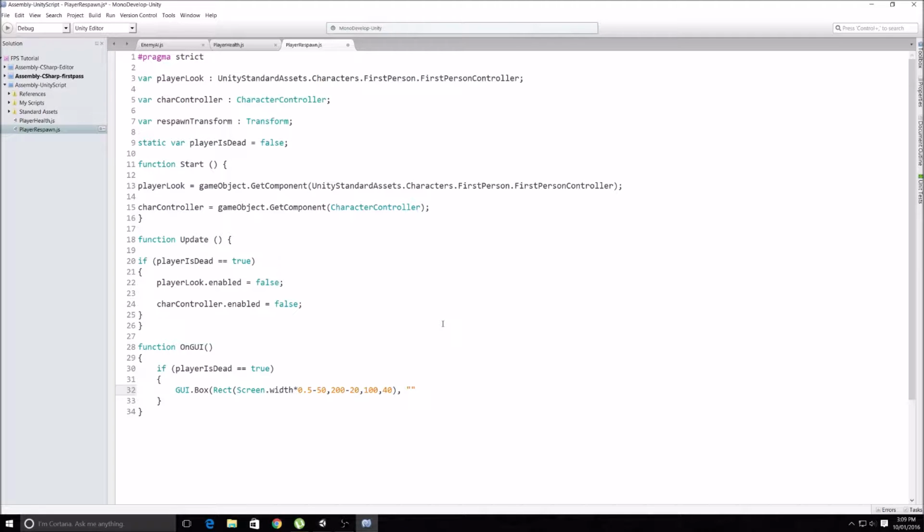Inside this, we're just going to have caps lock on and say you died, like that. We really mean it. And close that off, and then semicolon. Excuse me. Okay. So underneath that one,